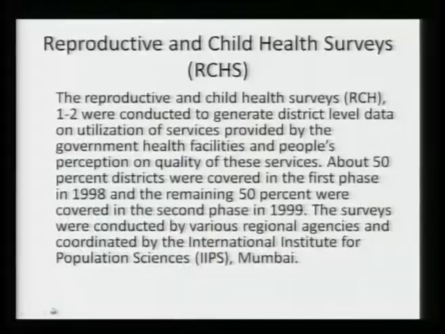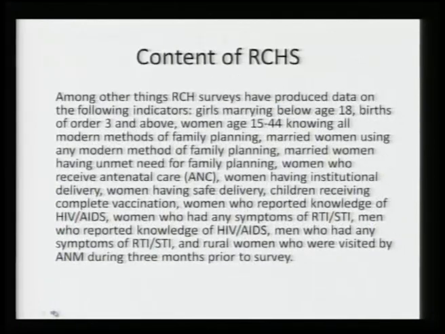Reproductive child health surveys provide data at the district level, and these are the items on which you can get data from RCH surveys. You get data on use of family planning methods, women using modern methods of family planning, married women having unmet need for family planning, means they do not want additional children, but they are not using family planning methods. Why? Then antenatal care, institutional delivery, safe delivery, children receiving complete vaccination, knowledge of HIV/AIDS, symptoms of RTI, STI, comprehensive knowledge of HIV/AIDS,